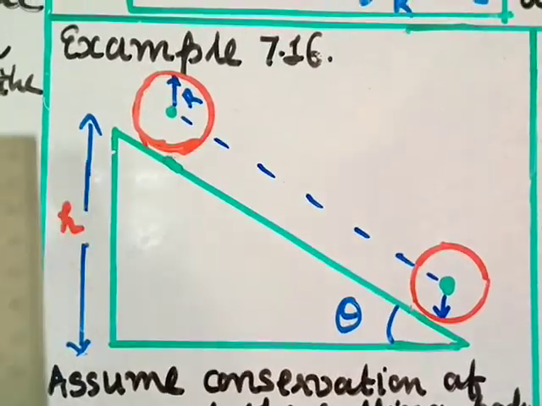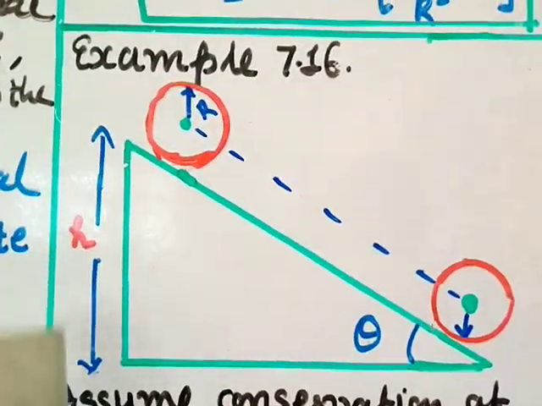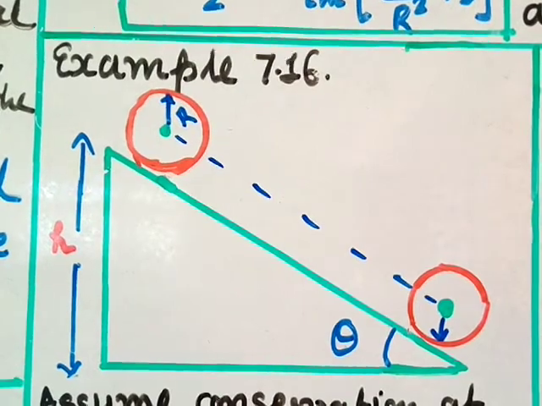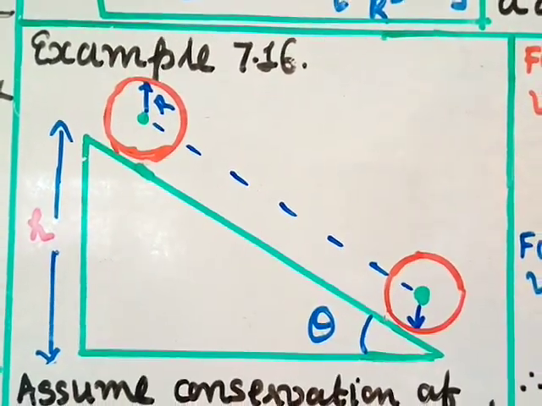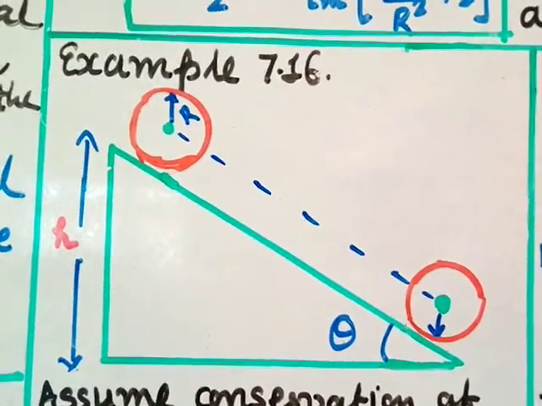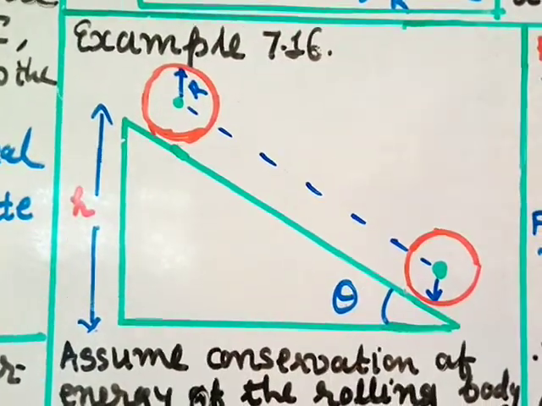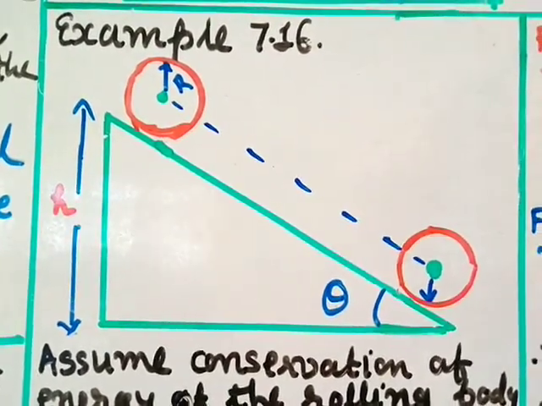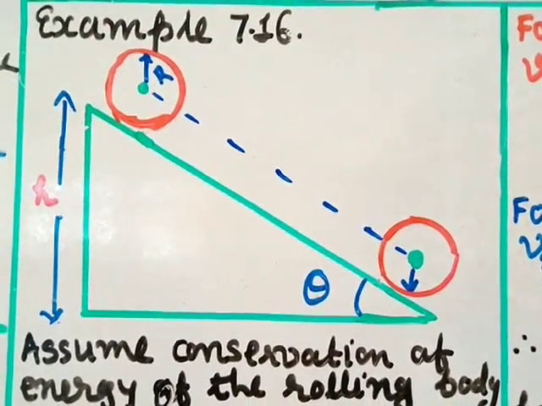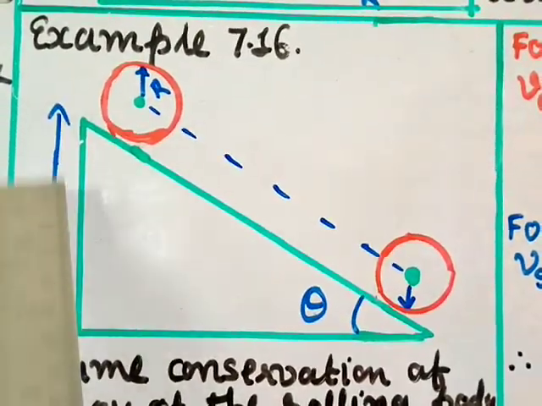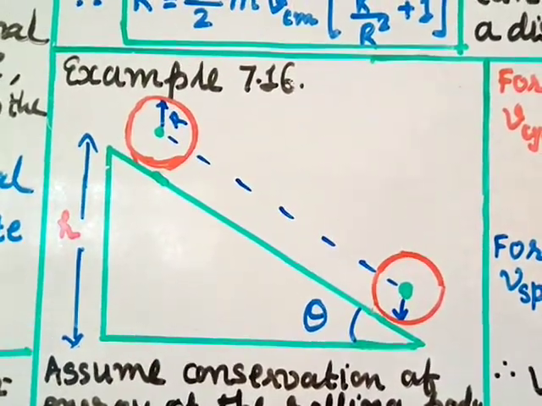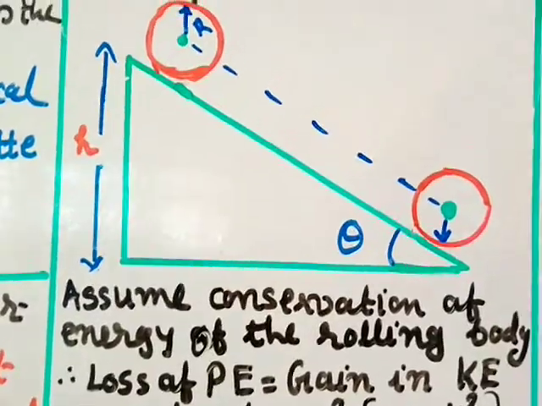Now see, it is coming from the height of this inclined plane, h, right? That means the potential energy at this point is mgh, where m is the mass, g is the acceleration due to gravity, and h is the height. So the potential energy of the body at height h will be mgh, and when it is moving, it is converted into kinetic energy. That kinetic energy we know is given as 1 by 2 mv square, where 1 by 2 is a constant, m is the mass, and v is the velocity. So the loss in potential energy when it comes down is converted into kinetic energy. So loss in potential energy will be equal to gain in kinetic energy. Why? Because we can say that there is conservation of energy.